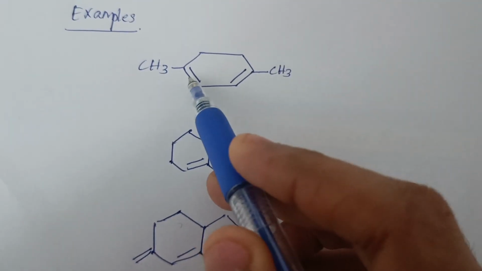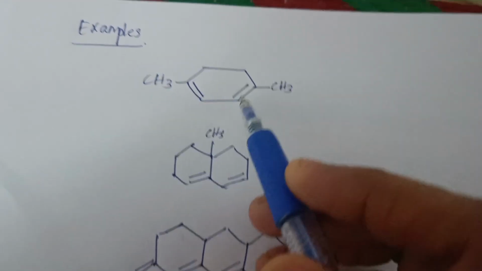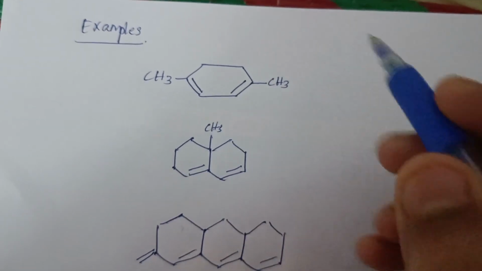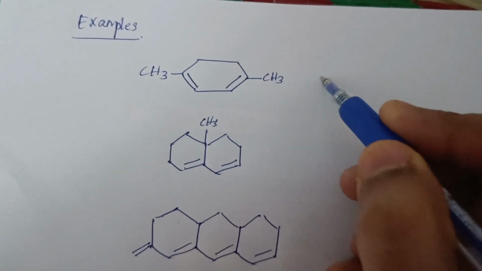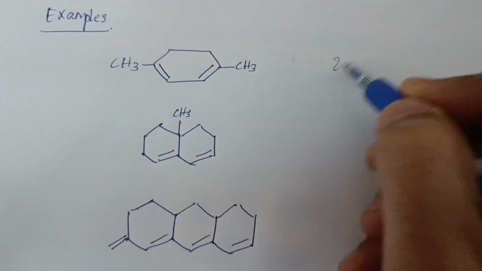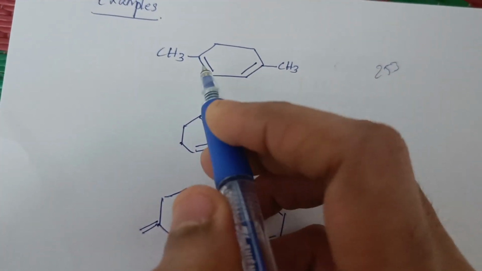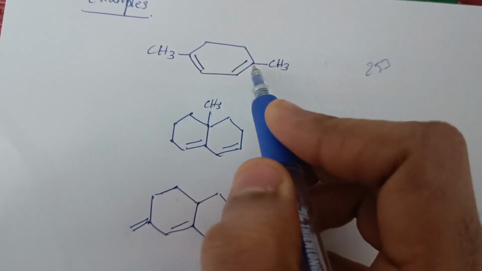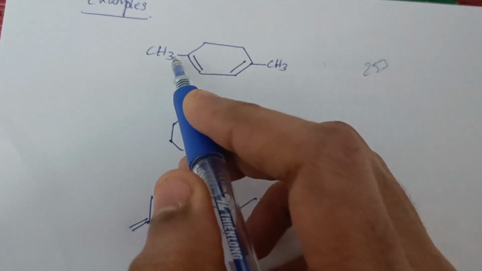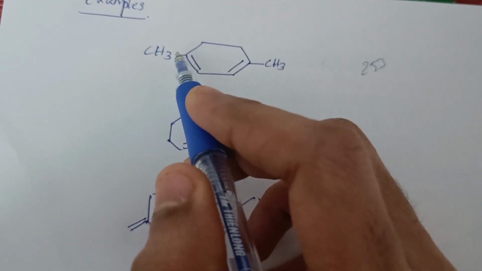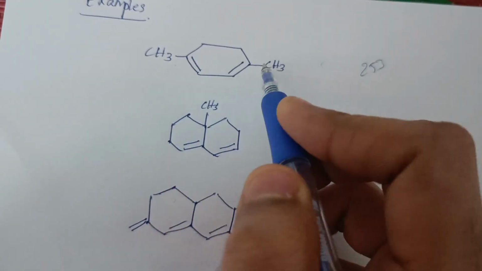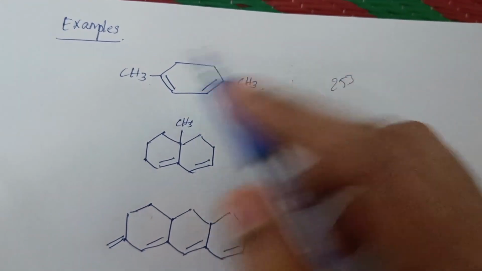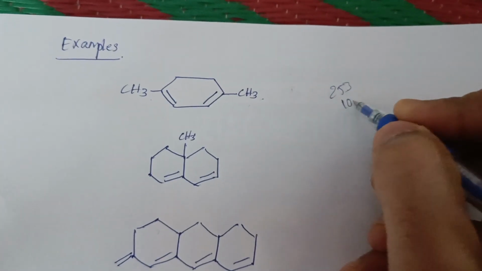Here you can see double bond, single bond, and double bond. So this conjugated diene is shared within a cyclic ring. That's why we consider this a homoannular diene with 253 nanometers. Again, here you can see that there are two alkyl substituents attached to this conjugation. We consider only the alkyl substituents which are involved in the conjugation. So here we have two alkyl substituents. For each alkyl substituent 5 nanometers, so 2 into 5 is 10 nanometers.